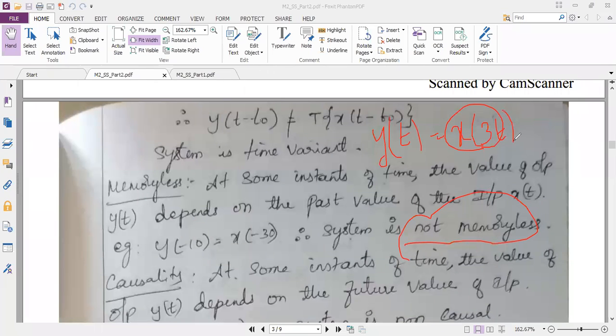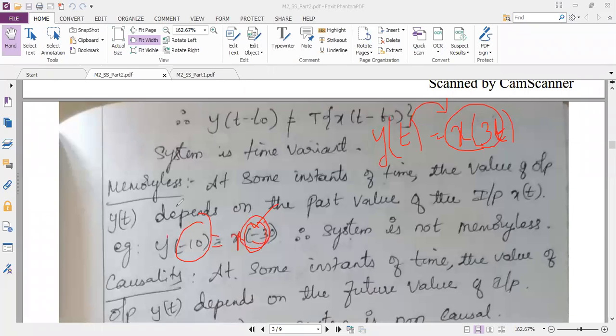If you just look at the question, you may feel that the output depends only upon the present. And I will repeat again, along with t, if we have any scaling factor, then seeing the question at a glance, we cannot predict that it is a present system. To predict whether it is a present system or it depends upon the past also, I need to substitute some values. So let me substitute some random number. I am substituting t as minus 10. Then my input is x of minus 30. If I give a past number, that means minus 10, my input x is also in terms of the past.